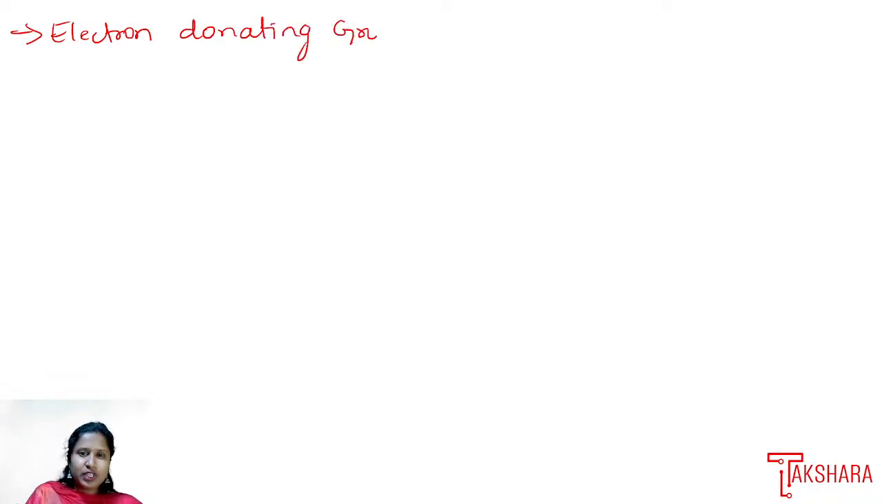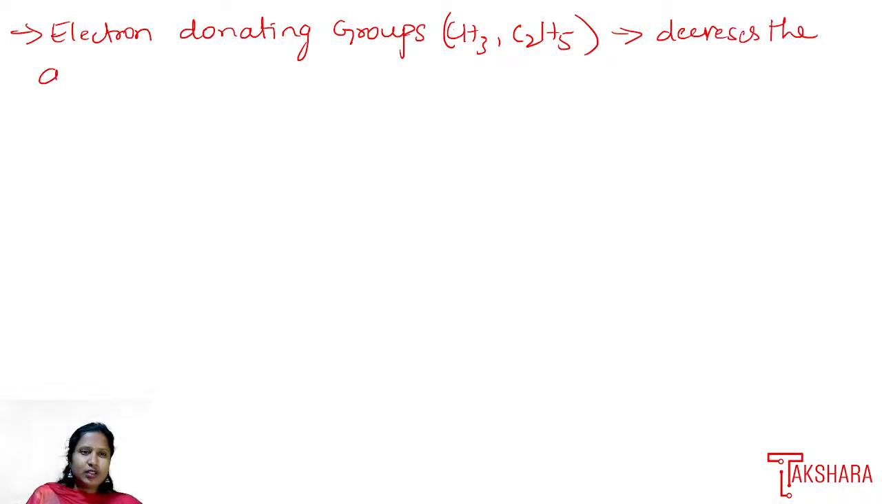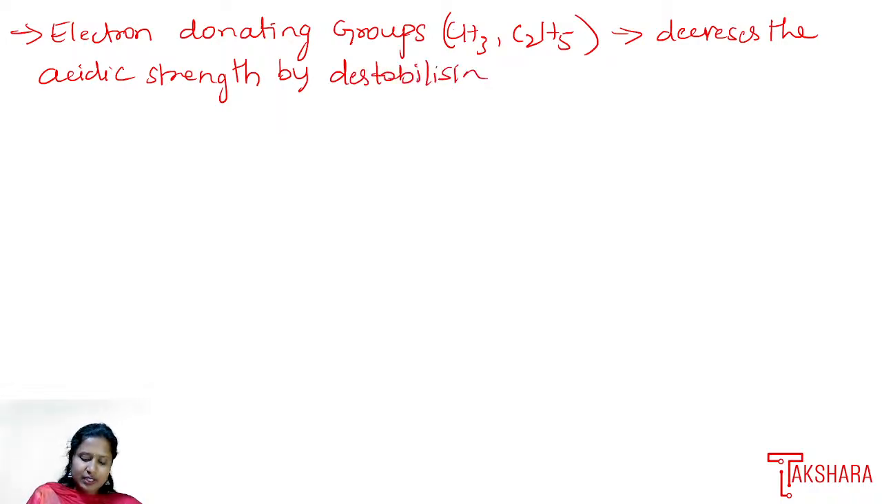What happens there? Such as CH3, C2H5, methyl group and ethyl groups and also etc. So these are going to decrease the acidic strength of carboxylate ion by destabilizing the carboxylate anion. So it keeps destabilizing the carboxylate anion when the electron donating groups are attached to the